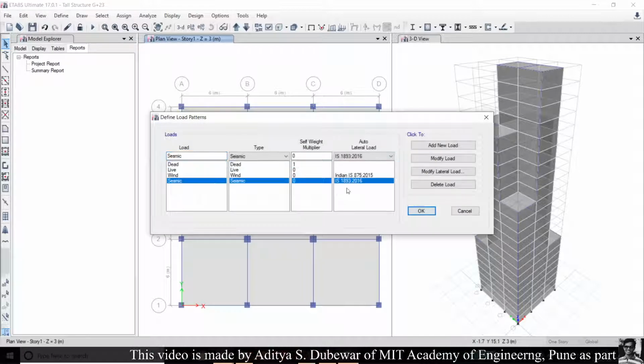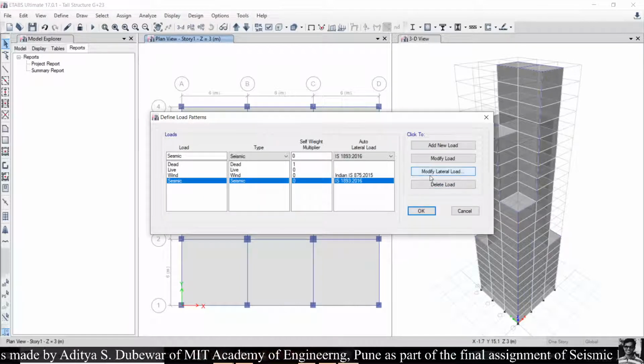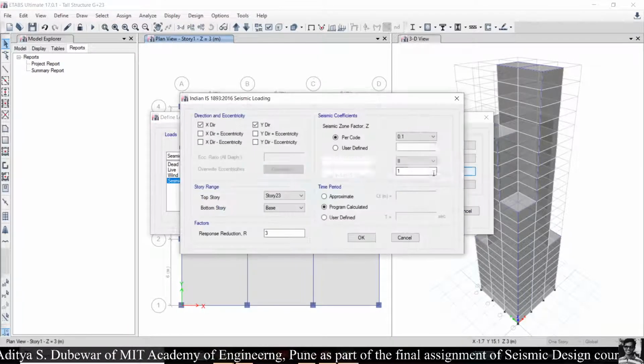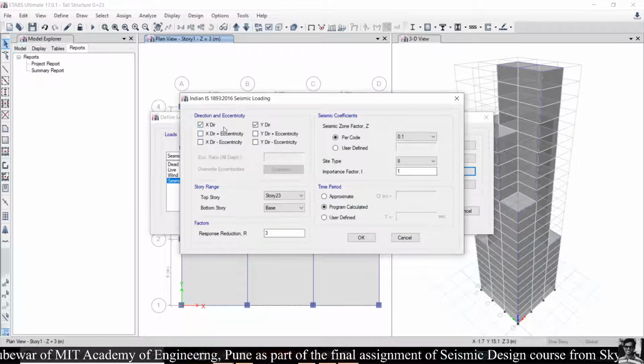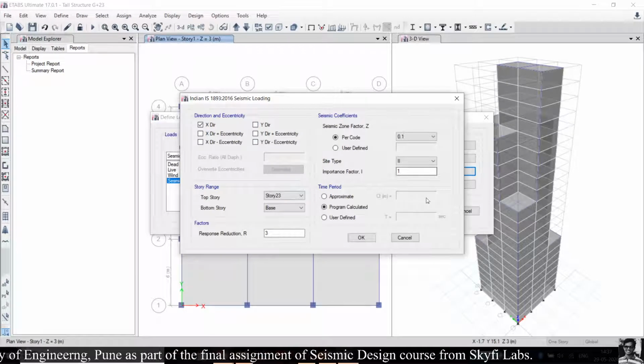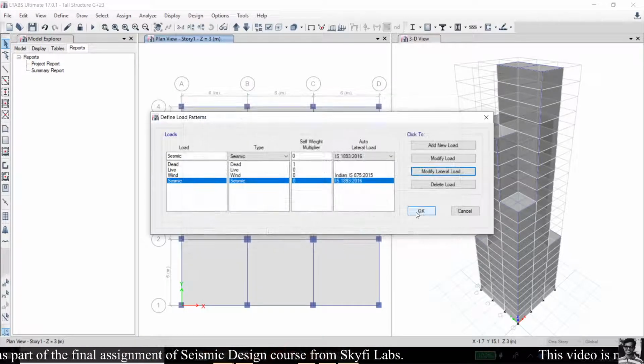As we added the seismic load, there is no need to add the seismic load again, but go to modify lateral load option, and for the time history method we are running the analysis on the x direction only, and keep the other options the same, and click OK.